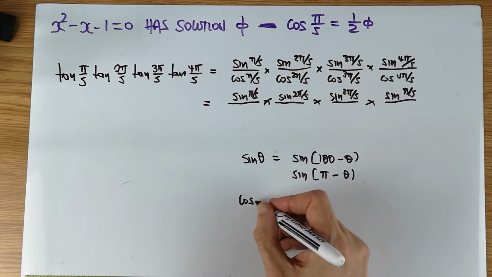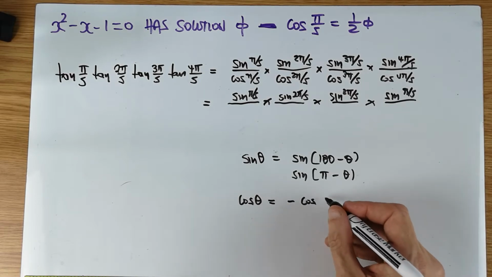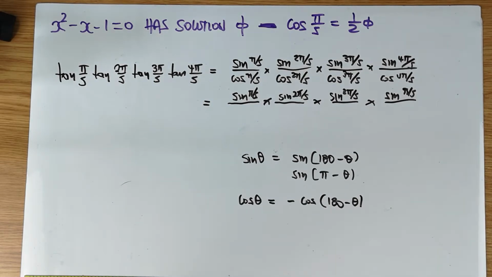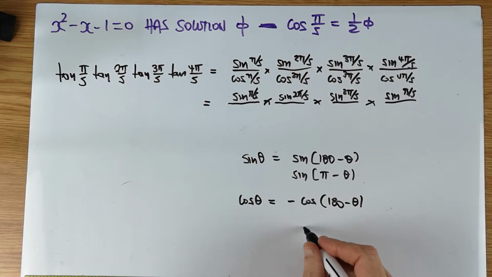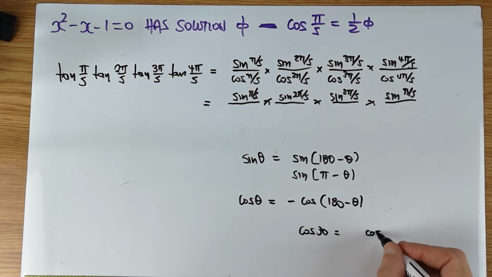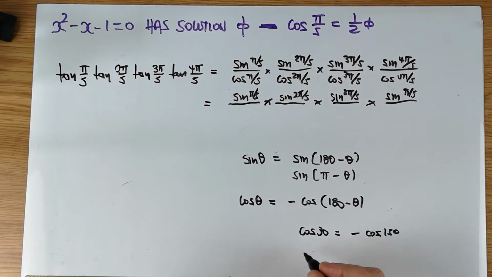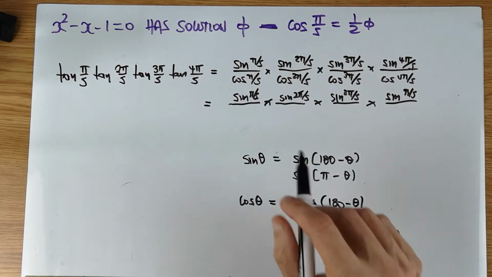The cos of theta is equal to minus the cos of 180 minus theta. A lot of these things can be verified, of course, using your compound angle and so forth. So for example, if you think about having the cos of 30 and the cos of 180 take away 30, which is 150, they are the negative of one another. Or if you had the cos of 40, that's the same as minus the cos of 140, and so on. So if you look at what we got there,